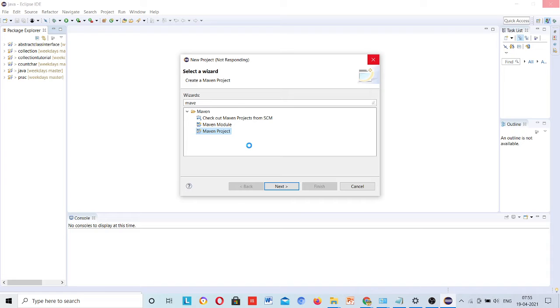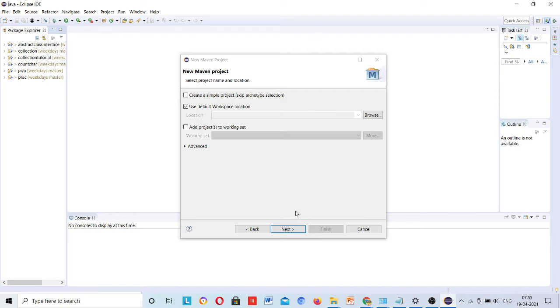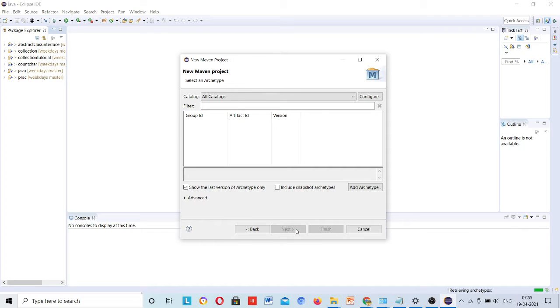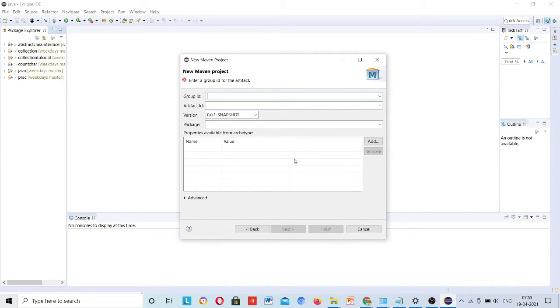I have seen that message that the Java path is not set, but Java is working correctly. This is not the way. First of all, your Java path as well as your Maven path both should be configured. Okay, so I will name this testng.